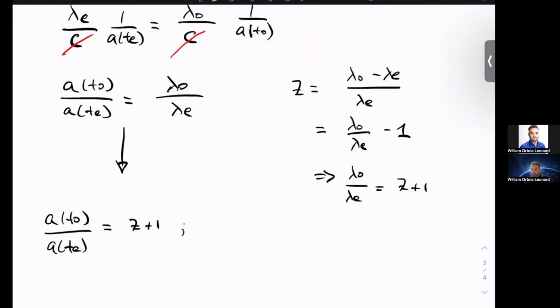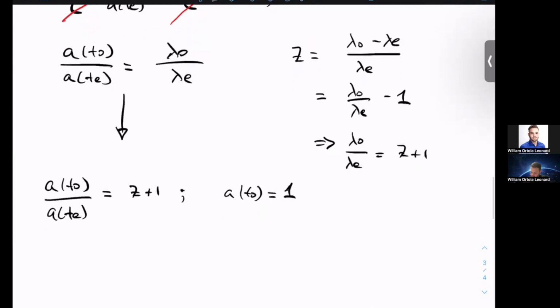And if you remember, I think I've said this in previous videos, at every time of observation means at present. So this means that a(t₀) is going to be given as 1, because this is kind of like a normalization that we do in cosmology. So basically we always say that the scale factor evaluated at the time observed is going to be equal to 1, which means then that